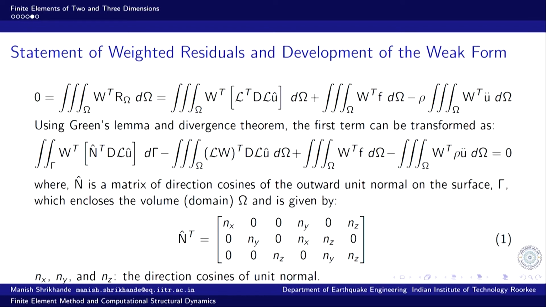So, that comes from the respective differential operator. What is the differential operator, and n x, n y, n z, these are the direction cosines of the unit normal. So, once we are done with that, now we look at the boundary conditions, the boundary term of this weak form. Now, looking at the boundary term of this weak form, we can see that this is the weighting function W.